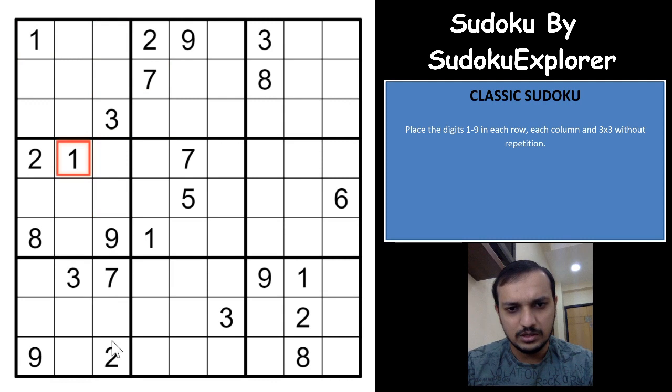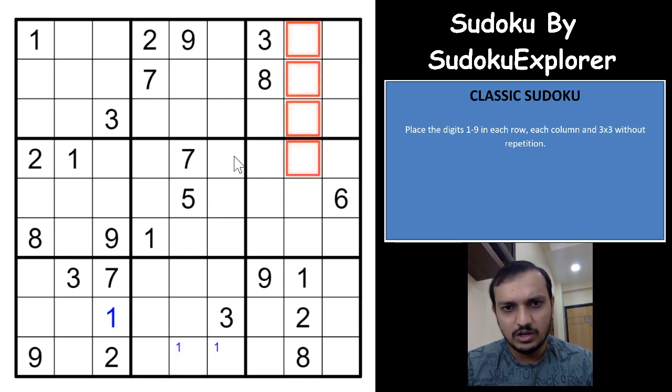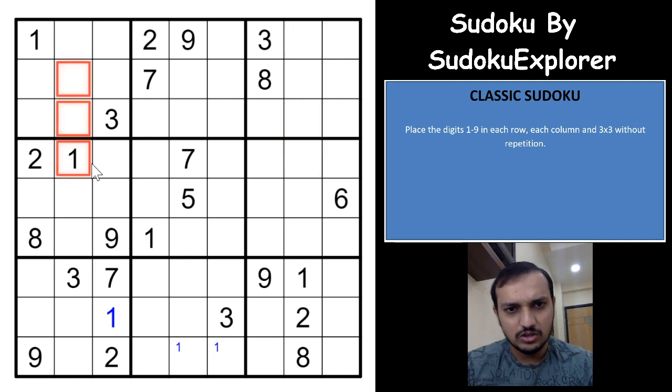You have 1 here, that gives you a 1 in this cell. That gives you a 1 in one of these two cells. The corner pencil marks here. I don't think 1 will help here much. Let's start off with 2 now. 2 would have to be in one of these two cells. In these two cells,